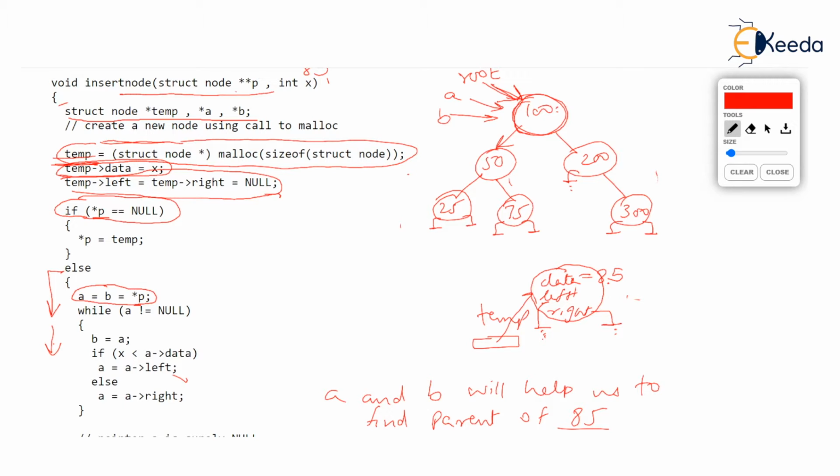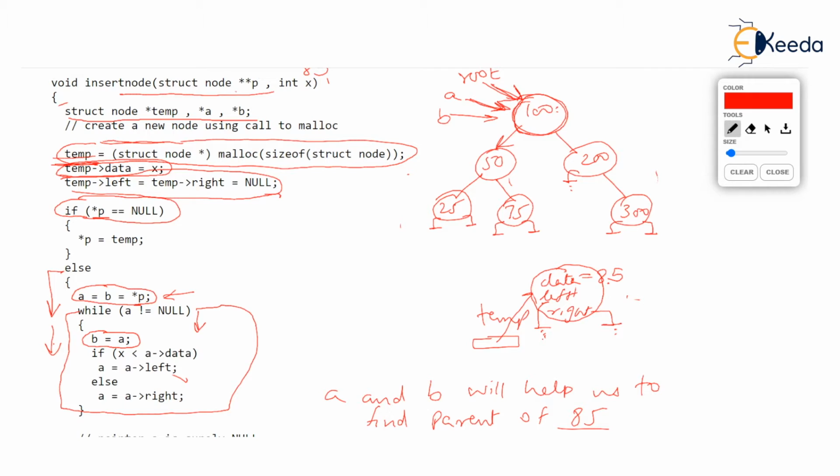Okay, so A and B begin with root. Now we hang on in the while loop. I'll better mark this while loop. This is the while loop. And we repeat this while loop as long as A is not null. Now you very well see that A is not null because A is pointing to 100 in the picture. So we enter the while loop and B becomes equal to A. Check this first line, B becomes equal to A. B is pointing to the same node where A points. So this line B equal to A has no effect the first time.